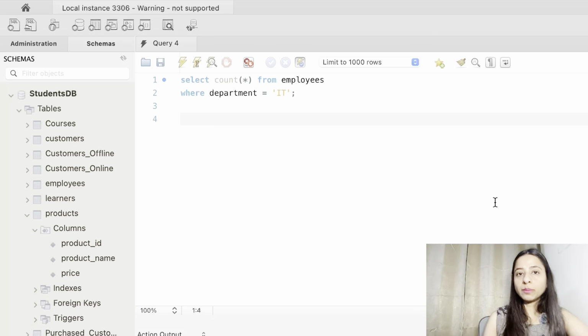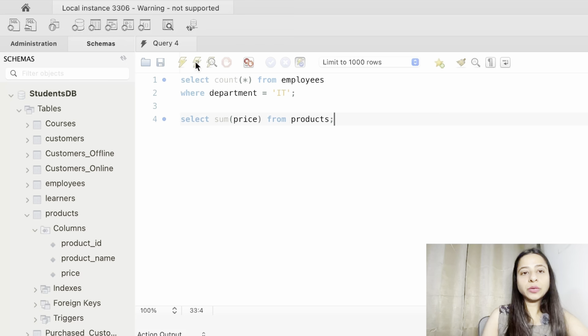Next we have sum. The sum function is used to add all of the values in a column. Let's say we have a products table and we want to calculate the value of all of the products together. We will write SELECT SUM, and the name of the column for which we want to add all of the values, which should be price, FROM products.